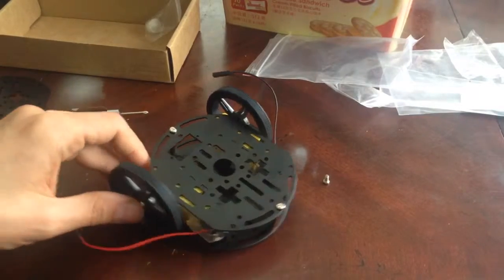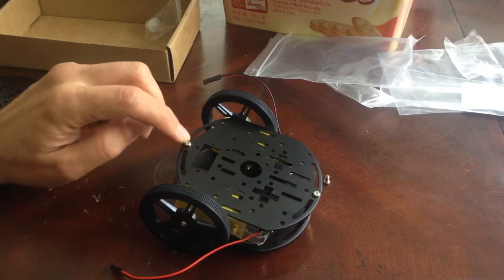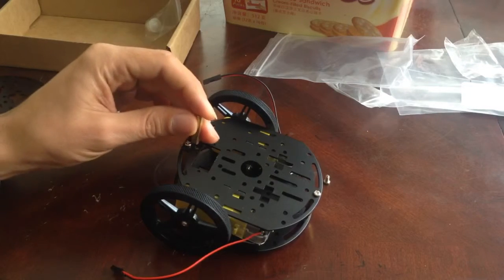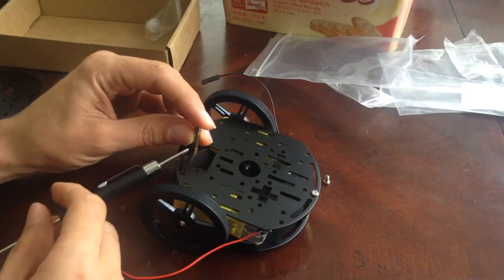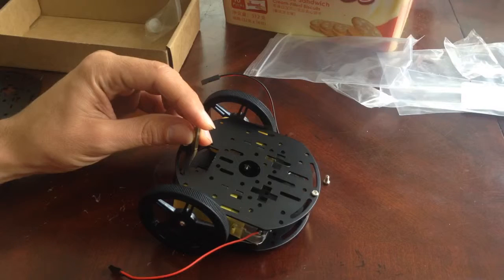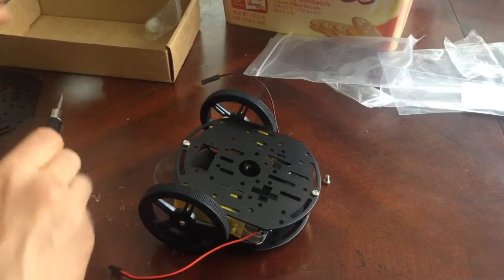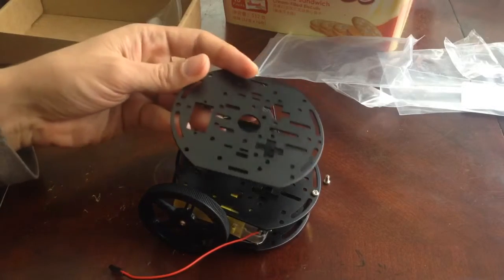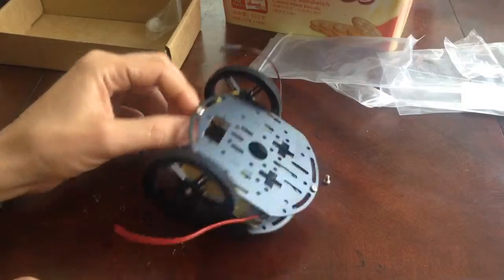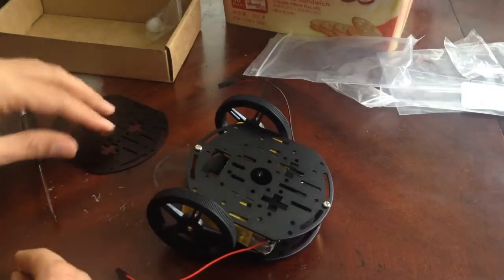Alright, so now I know, I figured it out, that installing this on the outside was actually a poor choice, because now if I wanted to put this in there and use my screwdriver to screw it on, that would make it very difficult. It would probably be a lot easier if I'd done it before I even started. So I'm gonna have to take this one out, or the other way is